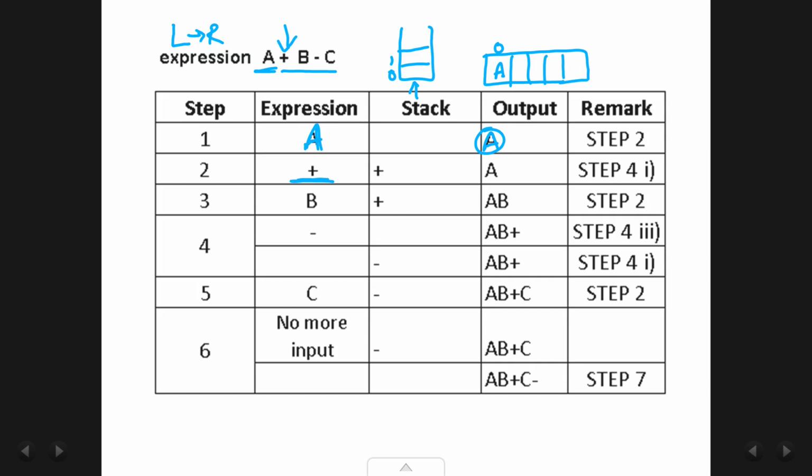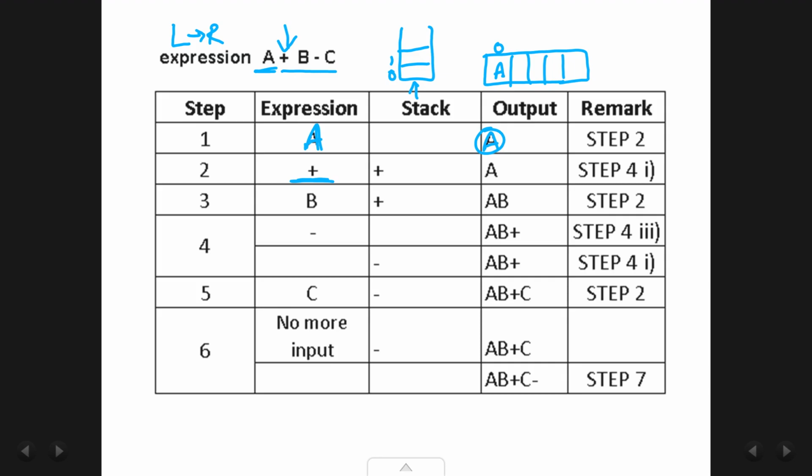Since plus is an operator, we do not do step 2 of your algorithm. We go to step 3. Step 3 says if it is an opening parenthesis, push it on the stack. Plus is not an opening parenthesis, so we go to step 4. Step 4 deals with an operator.